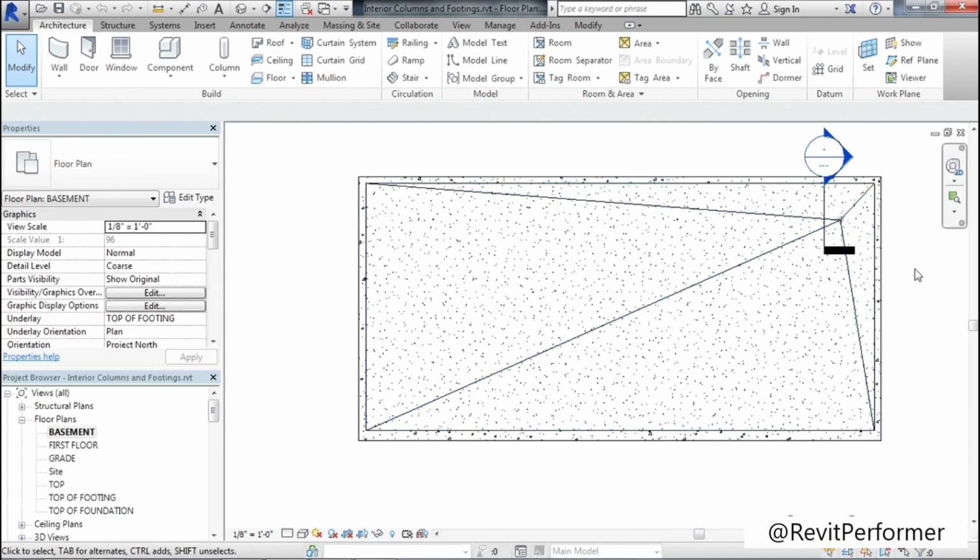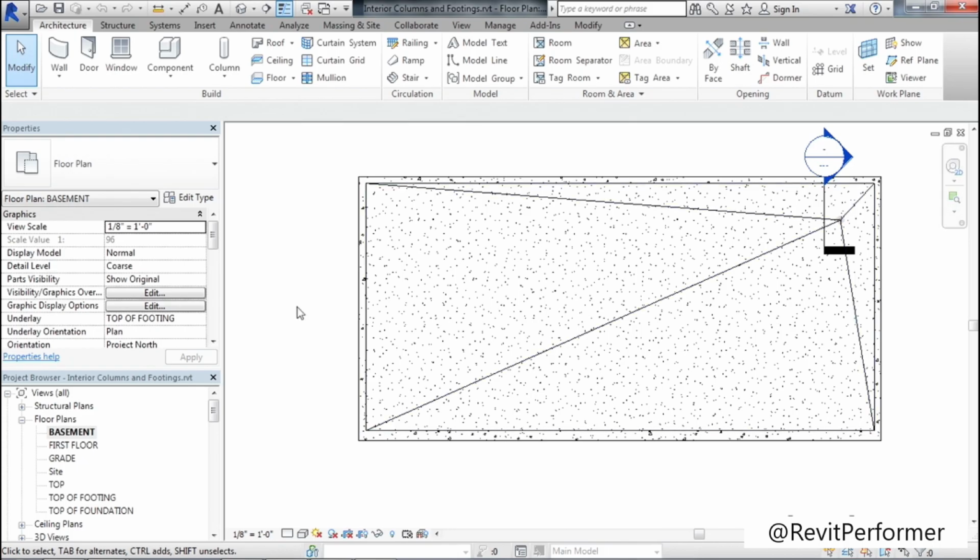Now, unfortunately, even though this is a lot of information, this isn't the information that we need in order to know where our column placement needs to be located. Our columns right now need to avoid a staircase which is coming down from the first floor. So to see where that staircase is located, we need to turn on the first floor here in the basement